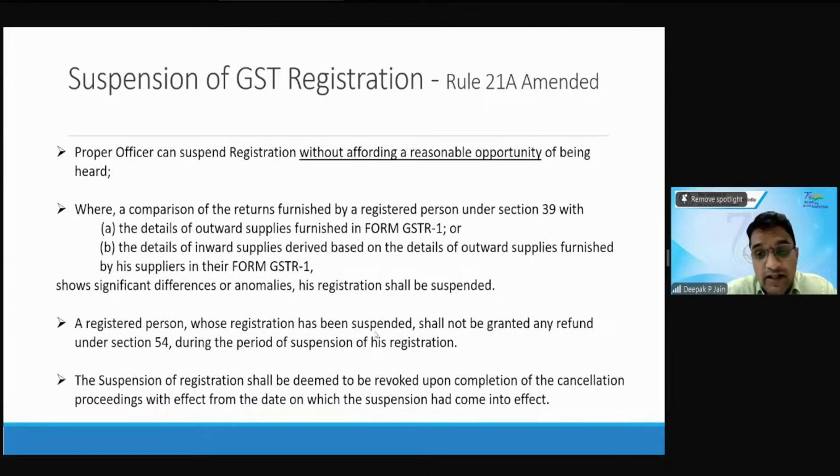A registered person whose registration has been suspended shall not be granted any refund during the period of suspension. ऐसा नहीं है कि सस्पेंड हो गया और वो रिफंड अप्लाई करेगा मिल जाएगा, वो भी नहीं मिलेगा। And a suspension of registration shall be deemed to be revoked upon the completion of cancellation proceedings. कि अगर कैंसलेशन शुरू हो गया या फिर सस्पेंशन रिवोक हो गया है, तब आपका सस्पेंशन खत्म हो जाएगा।